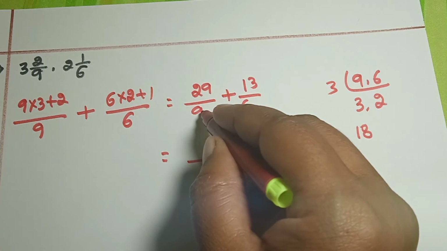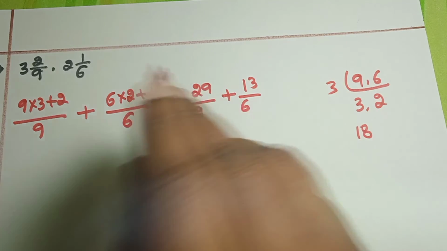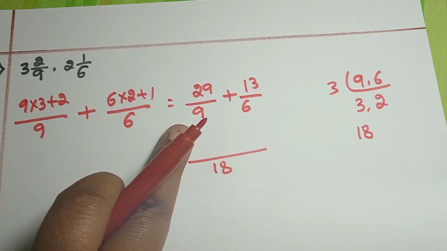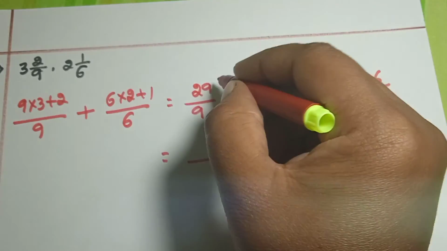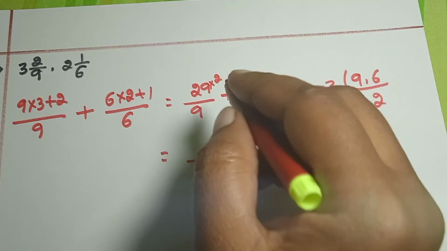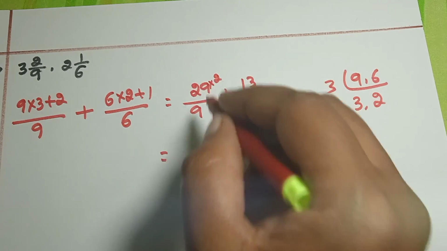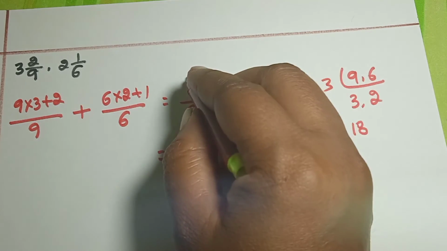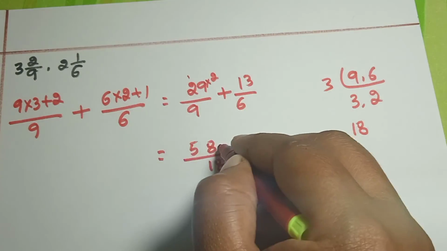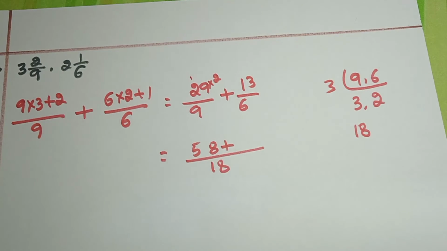We should divide 18 by 9. Okay, children, don't get confused. 9 how much the 18? 9 2s are 18. That 2 you should multiply in the numerator. Very easy. Okay, children, multiply this 2. 9 2s are 18. Okay, 1 carry. Here only 2 2s are 4. 4 plus 1, 5. Okay, children, very easy.